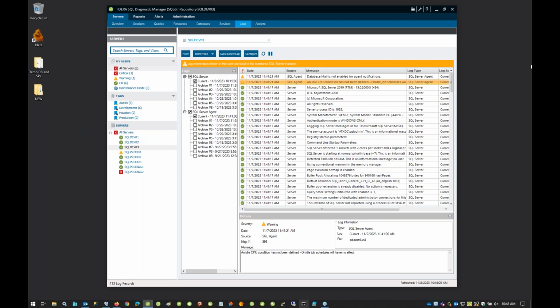To continue on a little bit with that story of making sure my server's optimized as far as configuration goes to get the best performance out of it, we have a neat feature within Diagnostic Manager called